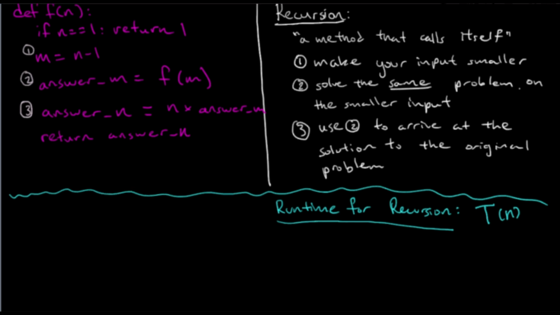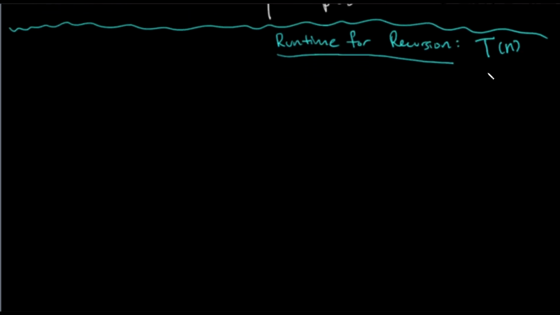What t of n means is t of n is the runtime for the code function f on an input